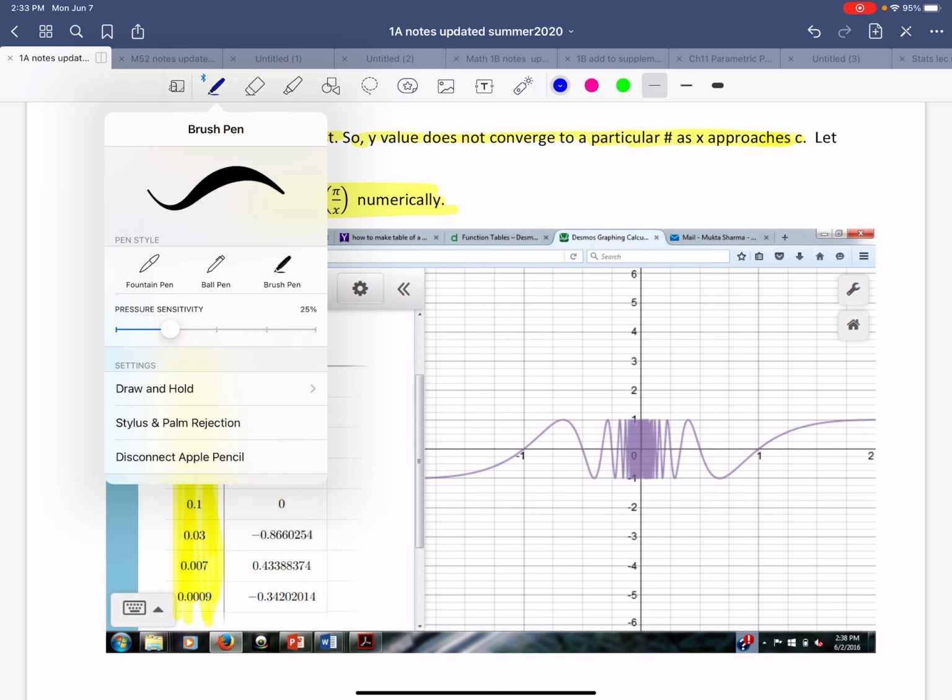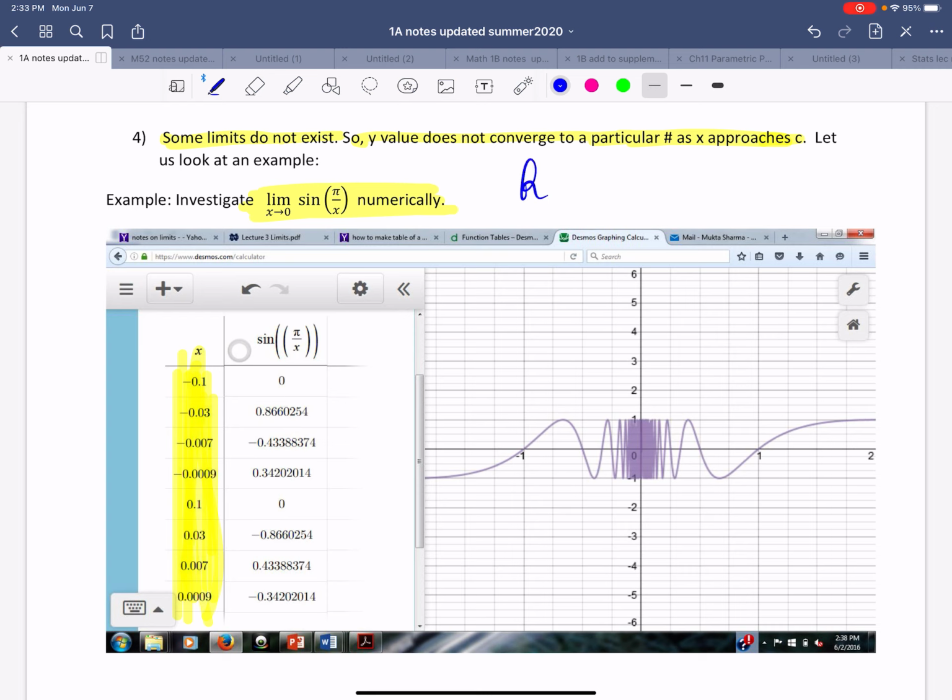Remember, make sure your calculator is in the radian mode. So radian mode in calculus, your calculator should always be in the radian mode. We would almost never use the degree mode in calculus for trig functions. Okay, so radian mode, plug into the calculator and find out the y values, or the function values,